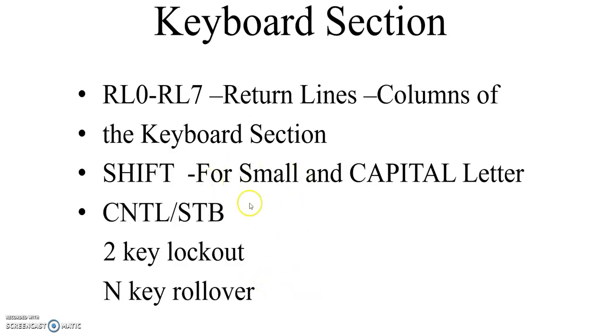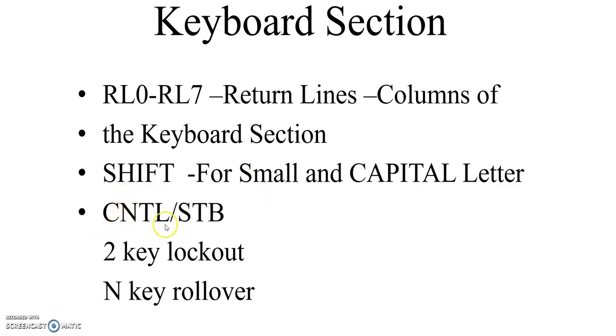So next one is the keyboard section, belonging to return line 0 to return line 7. These are the input lines which are connected to one terminal of the keys, while the other terminals of the keys are connected to the decoded scan lines. These are normally high but pulled low when a key is pressed. Next one is shift. The status of the shift input line is stored along with each key code in the FIFO in scanned keyboard mode. It is pulled up internally to keep it high till it is pulled low with a key closure.